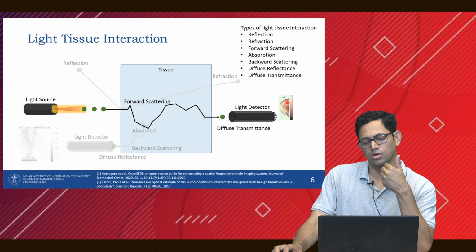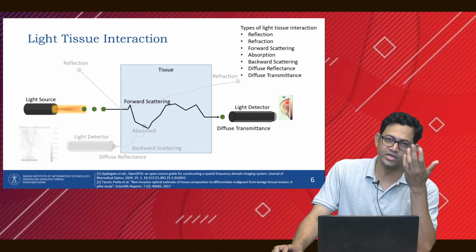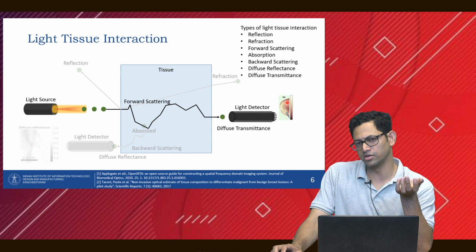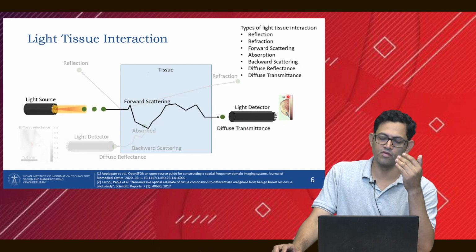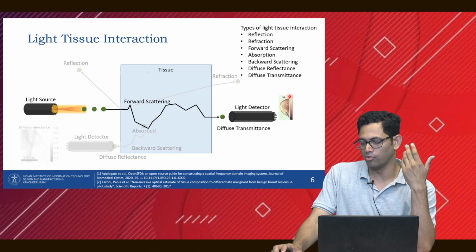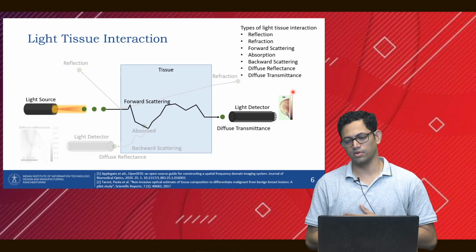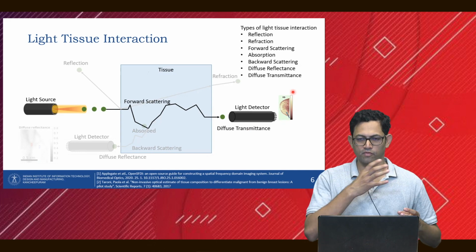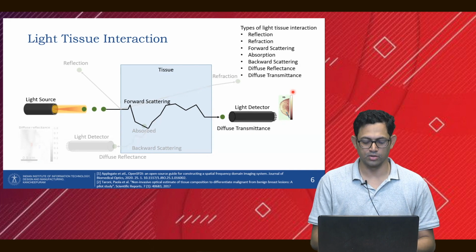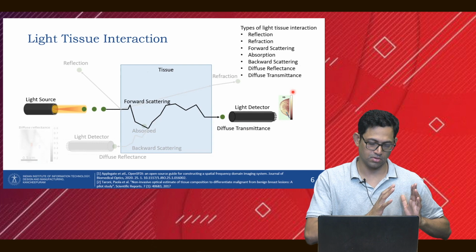Hemoglobin has two sub-constituents, oxygenated hemoglobin as well as deoxygenated hemoglobin. You have collagen, you have lipid, you have a lot of different kinds of proteins, you have water, fats, a lot of tissue constituents are available. So all of them can be quantified if you shine the light once you compress the breast